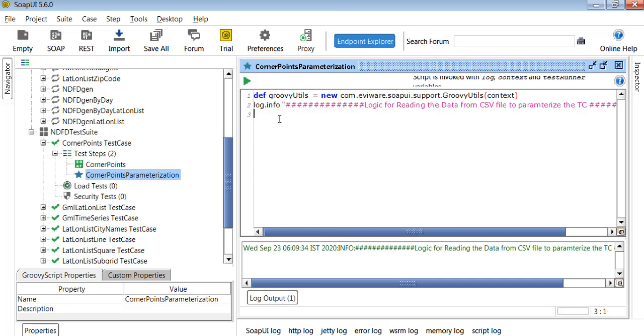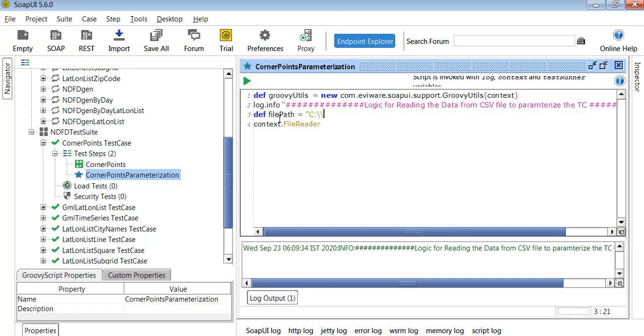Then next step, context. As I said, we are using context. So context dot file reader, we are going to read the file. But do we know the location of the file? No, we don't know the location of the file. Let's take the location of the file. The file location is defined, the file path. Anything is fine, file path or file location. You need to provide the location of the file.